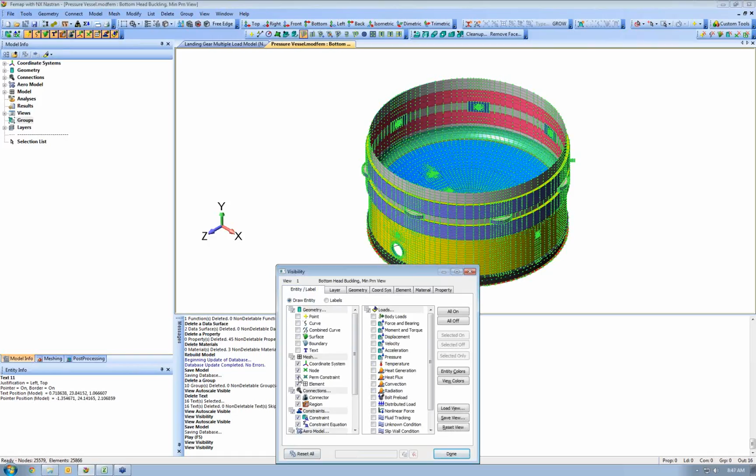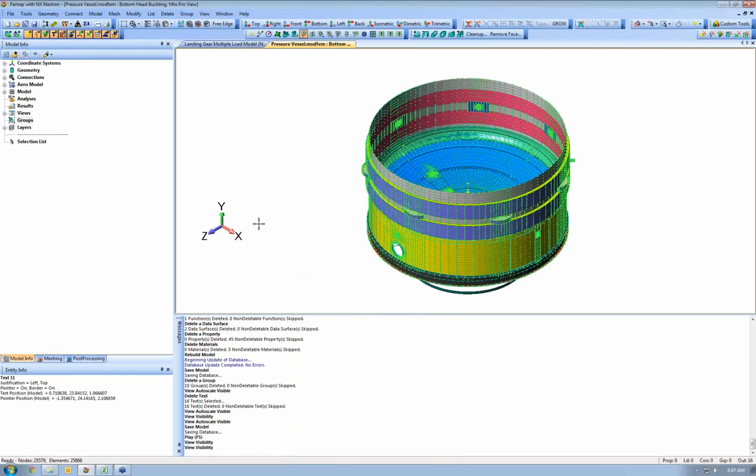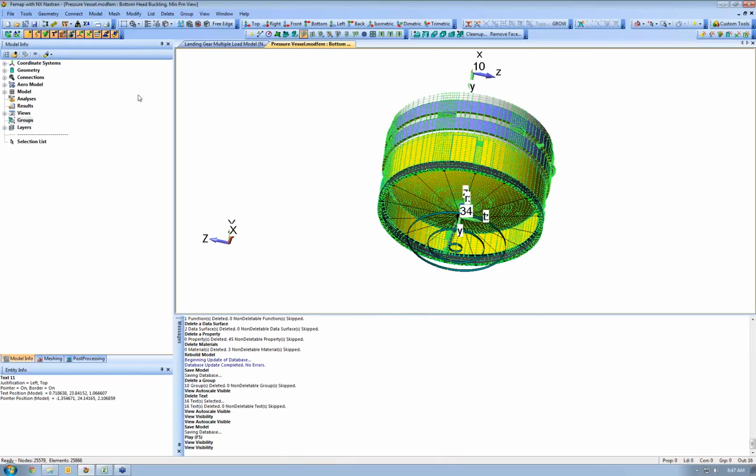I'll turn off loads, geometry, and nodes. And say I wanted to reset, turn everything back on, reset all visibility options. So that's a nice button to use if you get lost, something's missing and you're having trouble getting it back. So there's two main ways to tackle visibility. One is the visibility box, which we have